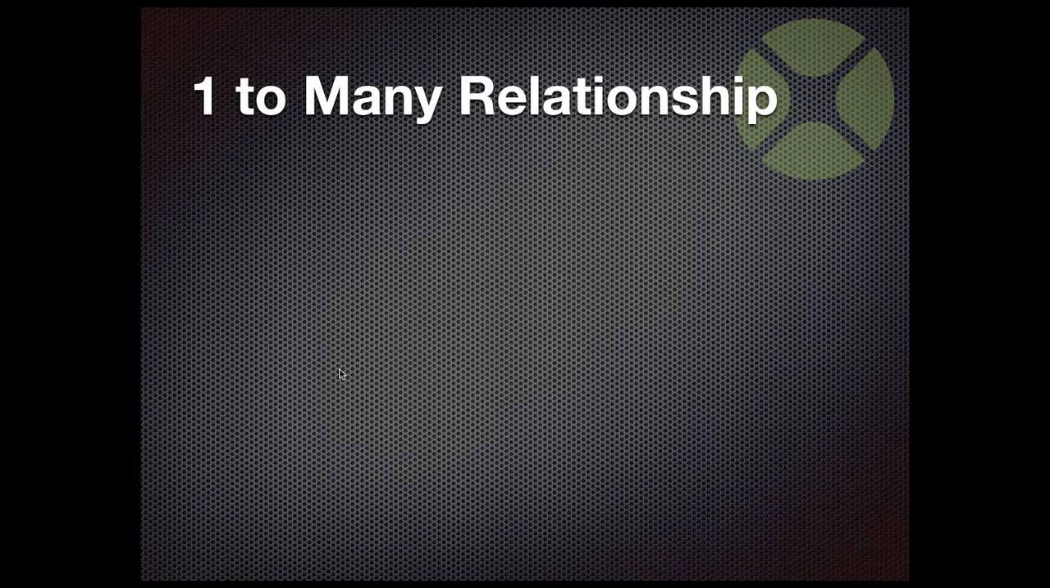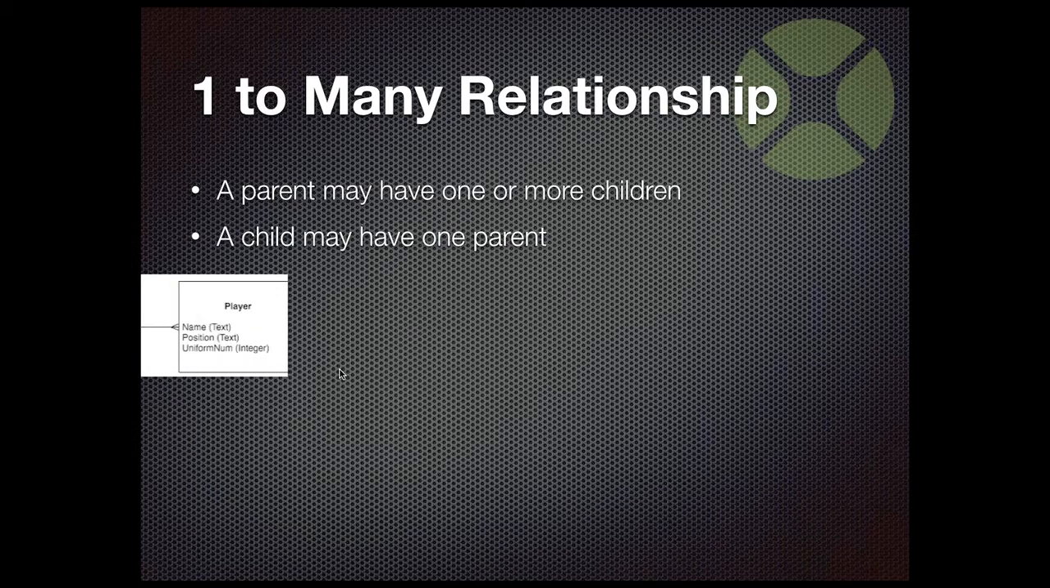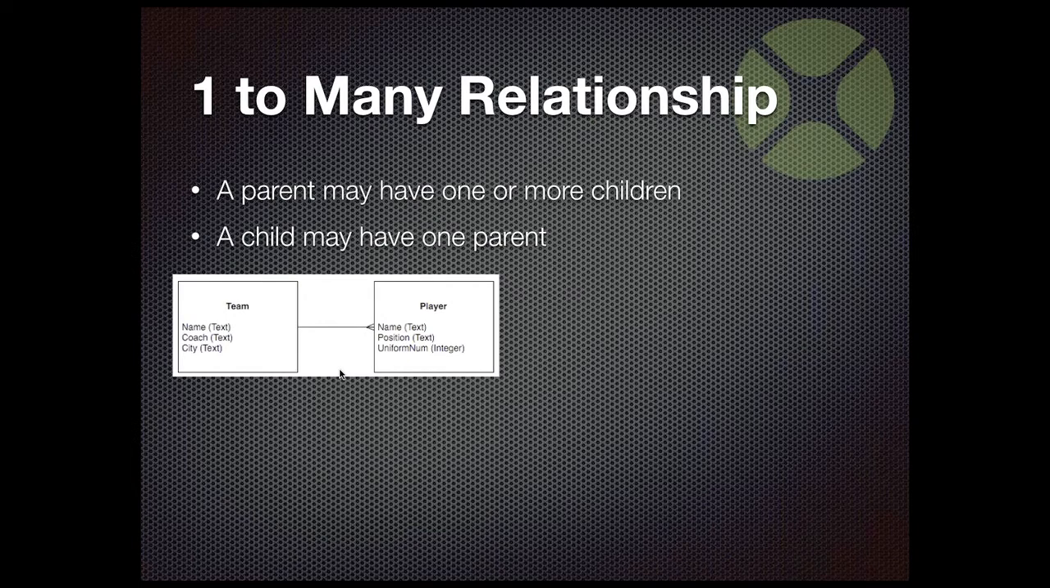One-to-many is probably the most common type of relationship that you see. And this is where a parent may have one or more children. And the child can only have one parent. So you can see an example of this here. We have a team table, we have a player table. And the team table has some columns, name of the team, the coach, the city they're in. And there's a player table that also has some columns, the name of the player, the position they play, and their uniform number. And you'll see there's a little line drawn between the two tables, and that line is a